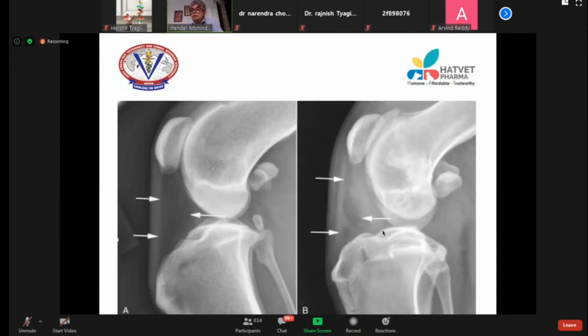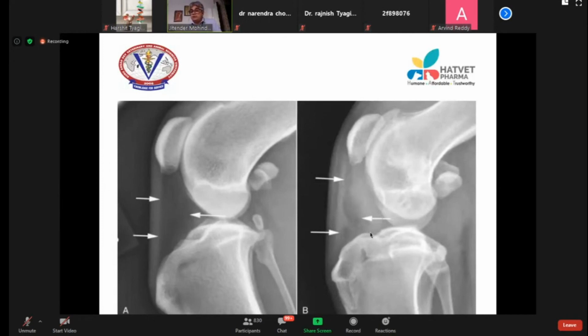Here, due to the rupture of the cruciate, there are effusions in the stifle joint. Effusions are fluid, so this area is occupied with fluid opacity, and the infrapatellar fat pad has displaced cranially. This is how you diagnose any case of arthritis, any case of cruciate rupture, synovial effusions, or fluid in the joint space.